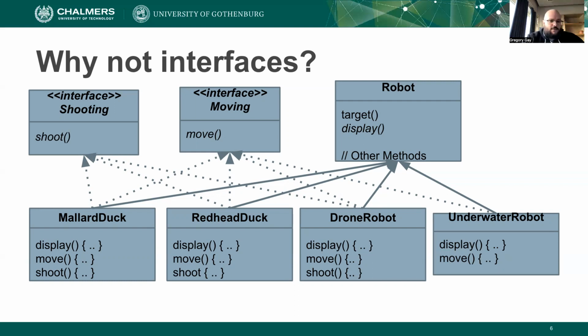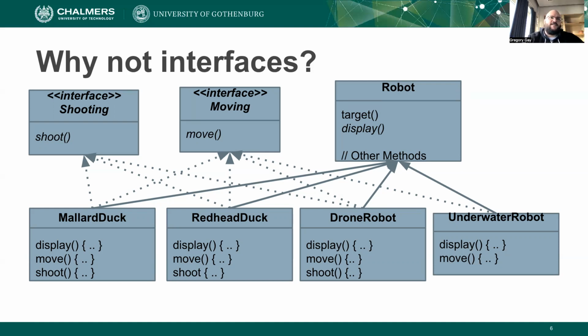This still isn't quite the full answer, though. We now know that if a robot can move, if a robot can shoot, it offers certain names for those methods. We know how to call them, okay? However, a big point of inheritance is the idea that we don't need to implement the code in multiple places. And if that code changes, we change it once. With just an interface, we have to implement the same behaviors multiple times. So our,